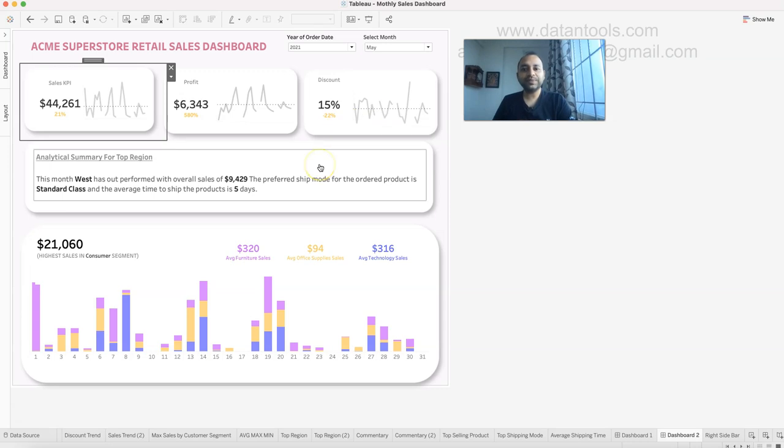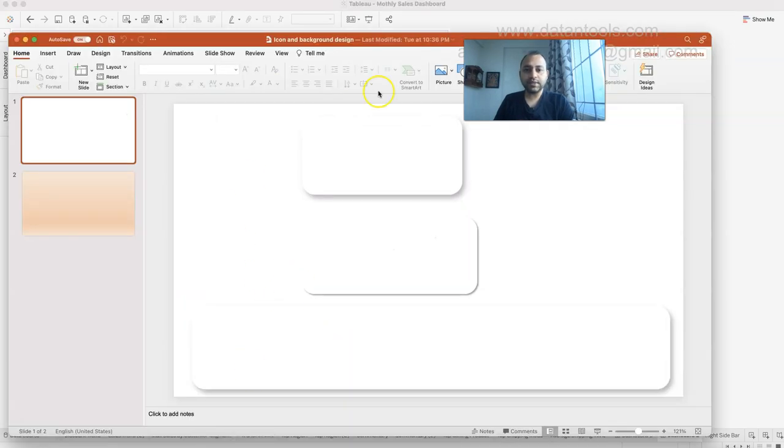So first thing is, from PowerPoint, how we can create these boxes, because once you know this, you will be able to create whatever box you need and then use it over here. So one problem will be solved. So what I have over here is this box, which, as you can see, gives you the image of rounded edges